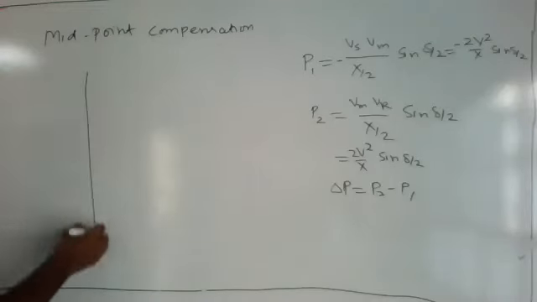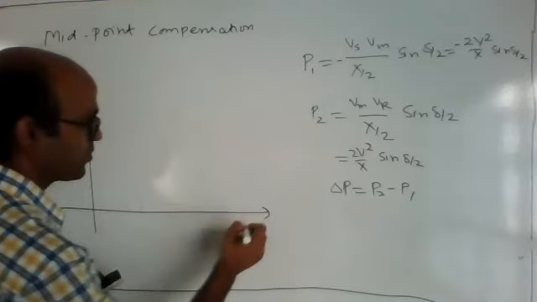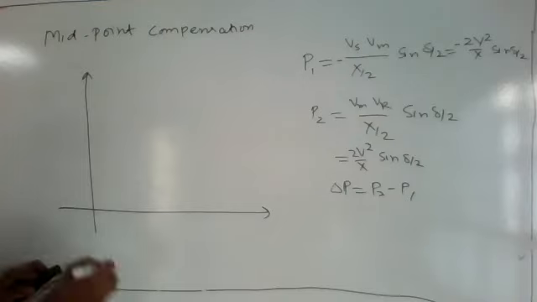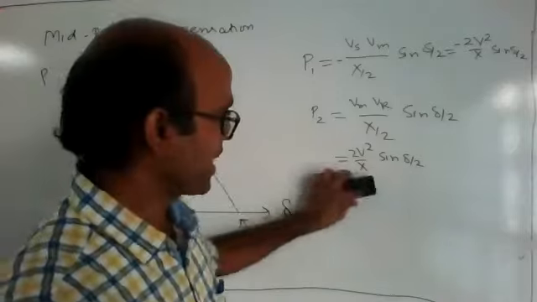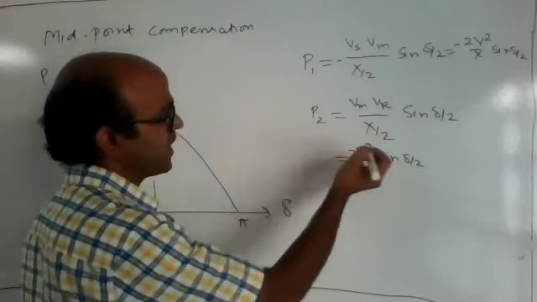Initially, in the first case, P equals P max sine delta. It is the first half, and this is pi, 180, and this is 90 degrees. This is the P versus delta curve in the first case, when we are not placing a compensator in the transmission line. Now you can see in this case, since this power is transferred by the same line, P1 as well as P2.